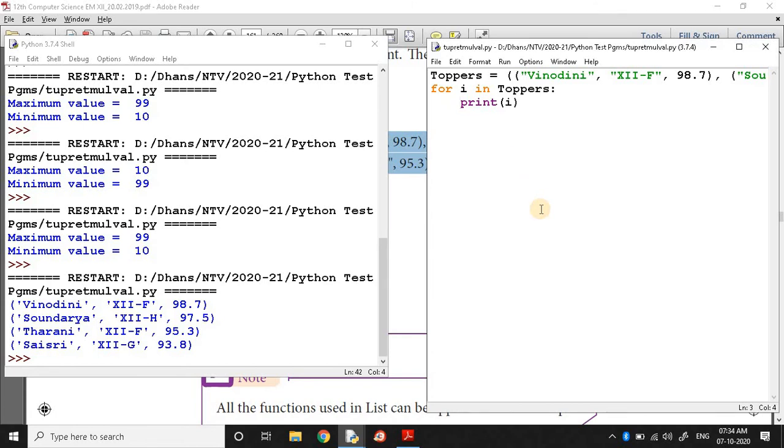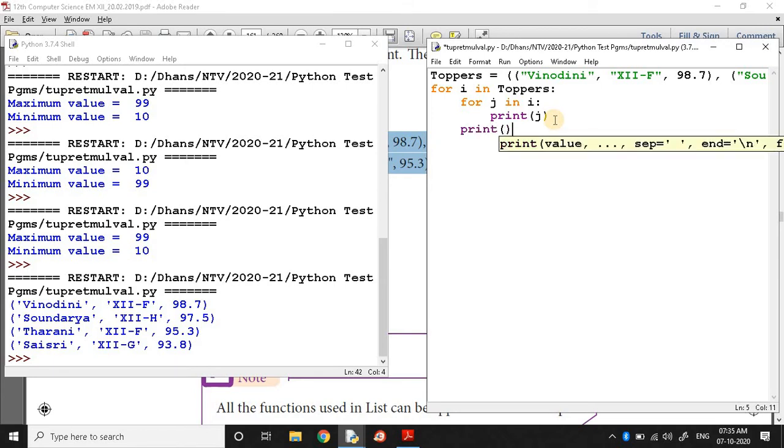In this nested one, we can use one more thing: for j in i, print j, and an empty print function.